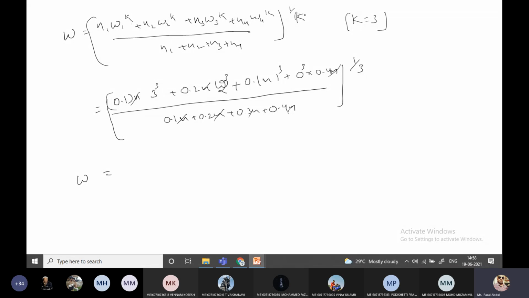Here I am taking K as 3 because the question mentions a ball bearing. If it mentions a roller bearing, we have to take the K value as 10 by 3. So K equals 3 for ball bearing, 10 by 3 for roller bearing. This comes continuously every year in the GATE examination. Every year they ask what the K value is in this equation. If you remember it, you can easily get 1 mark in the GATE examination. Very important, a regular question in previous papers.